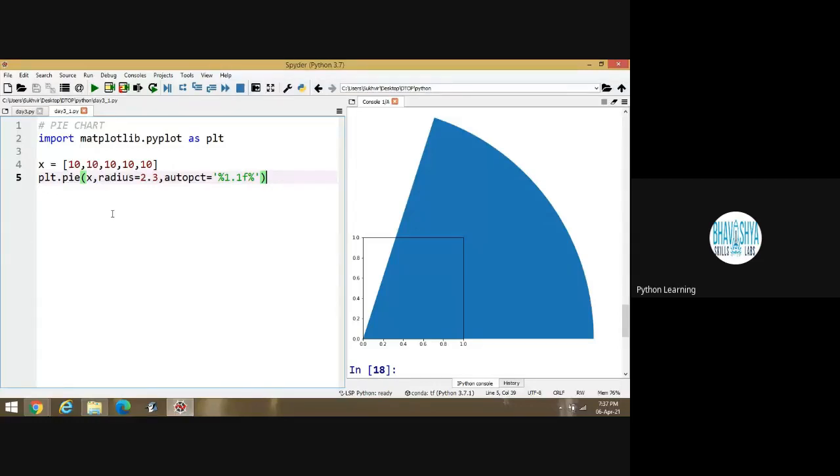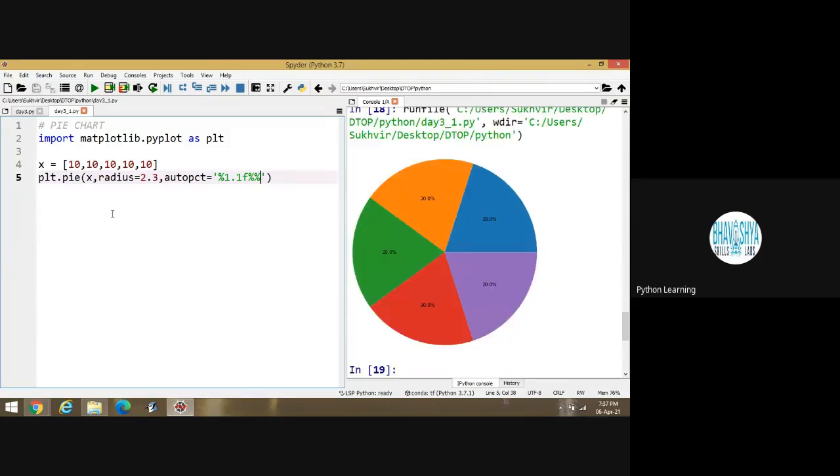Some error is there, I think. One more percentage sign is required. Let's execute the program again. Look at this one. I think one content is there inside the graphical content, 20% each. Because if I am taking all the values as 100%, it means it's divided into 5 equal parts. Is it okay?